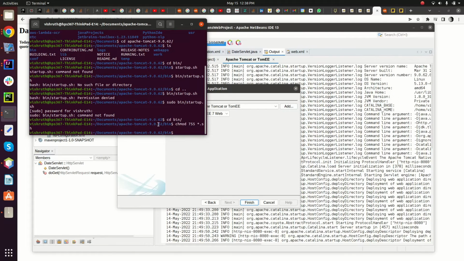After doing some searching on Stack Overflow, I got to know that, I'm using Ubuntu, so I don't know about Windows. I think it will work directly. But for me, the error was showing that Tomcat had not started. So I had to go to the bin folder of Tomcat and execute this chmod command. If you are using Ubuntu, you need to execute this one. I'll add this to the